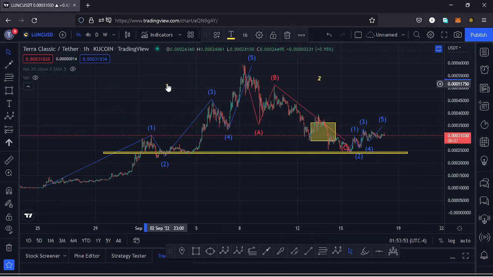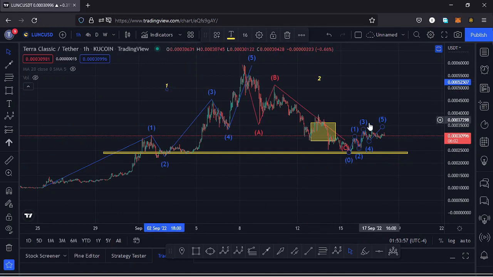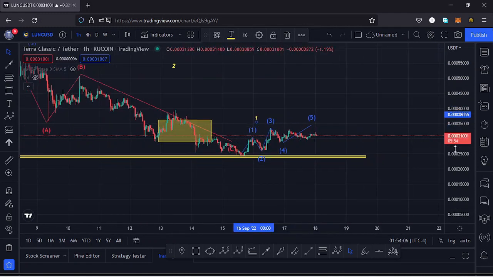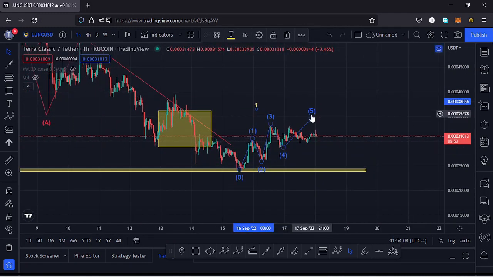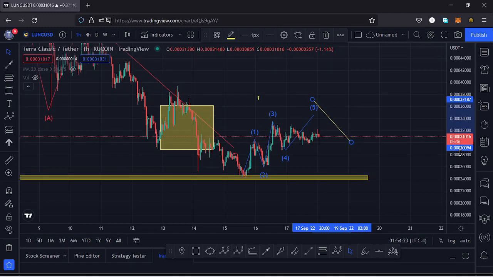So in case that happens, we can come here and name this as a higher Elliot wave count 1. So we can have this as a higher Elliot wave count 1, and once we see that movement to the upside in the formation of a wave 5 to complete a higher Elliot wave count 1, then we can expect lower prices here on the charts in the formation of a third wave, and also using a trend based Fibonacci,